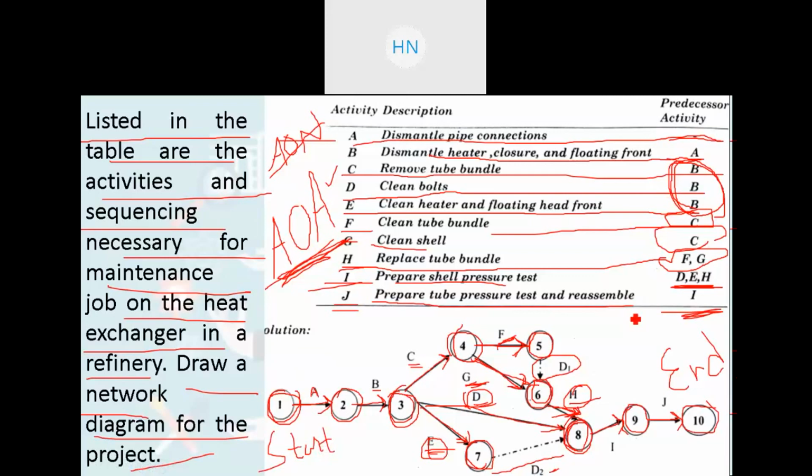You need to practice more and more so that you become expert in generating the network correctly, right? Only then will you understand the use of dummy activity, right? You cannot use the dummy activity if the logical sequence is possible, because the network must have as few dummy activities as possible. We need to use the minimum number of dummy activities in the network. So that is your explanation about this network generation, right?